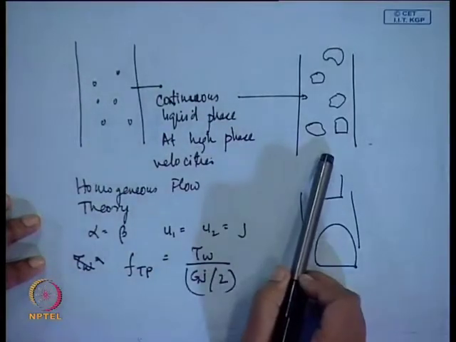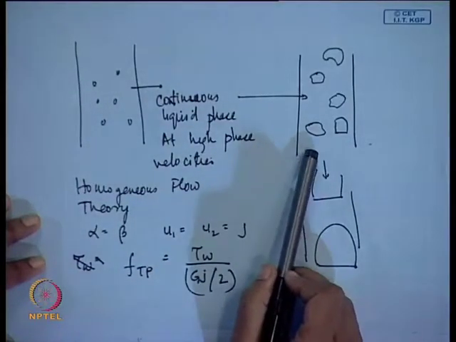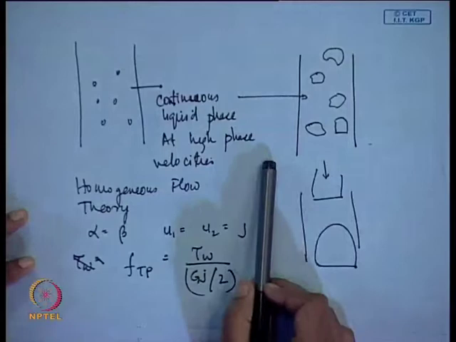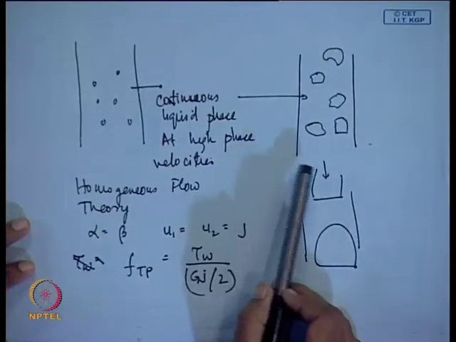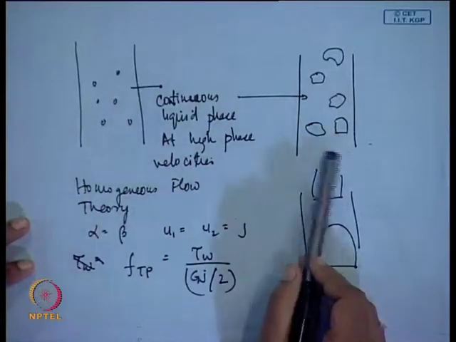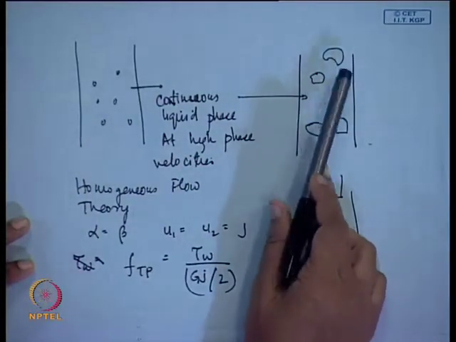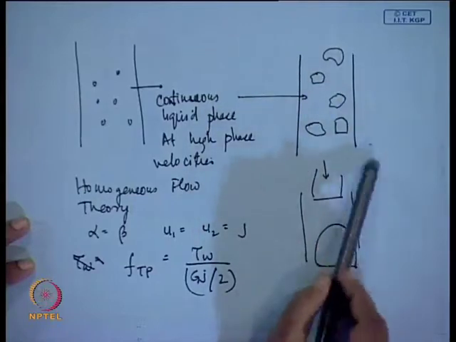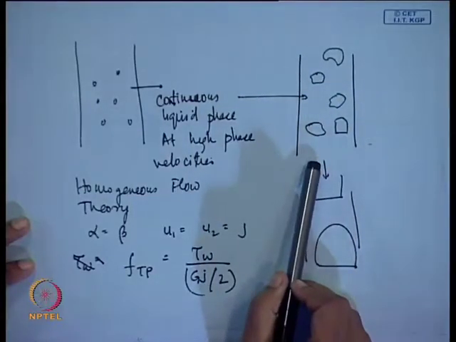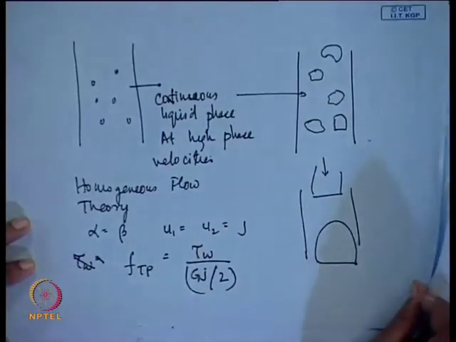As the bubble size increases, they get more deformed and they take a variety of shapes, starting from spherical, spheroidal, oblate spheroids, cap shapes and so on and so forth. Now, when this happens, the bubble definitely has a relative motion with respect to the liquid, and under such circumstances the homogeneous flow model is going to be erroneous. Under such circumstances, we apply the drift flux model.